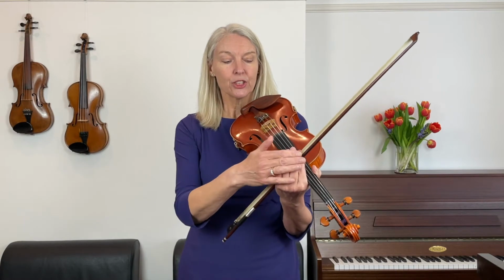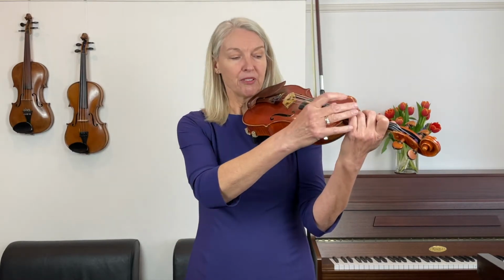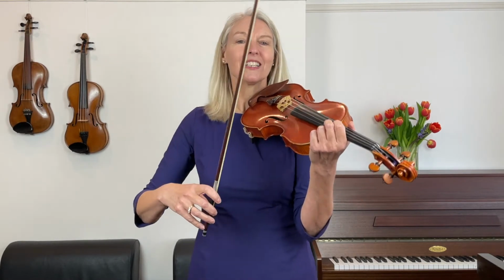So if you've just been focusing on your longer bows, this time when we play the same section again, let's forget about the bow and not think about it at all. Let's just think about this hand shape here and that you try to keep it the same. On the other hand, if you just in a previous playing have been focusing on your hand shape, try to shift the focus now towards the bow and try to use slightly longer bows. Here we go. 1 and 2 and...